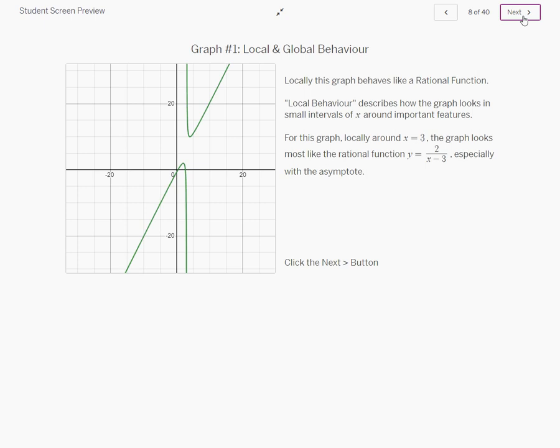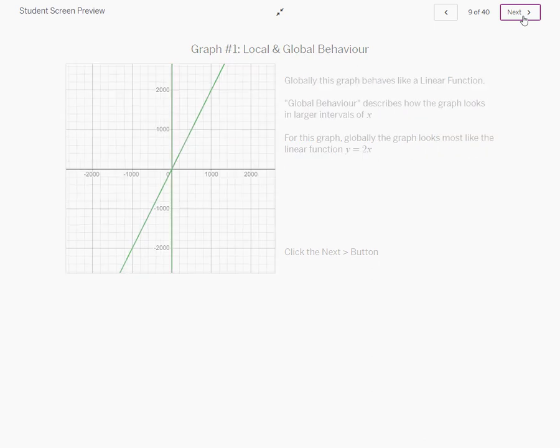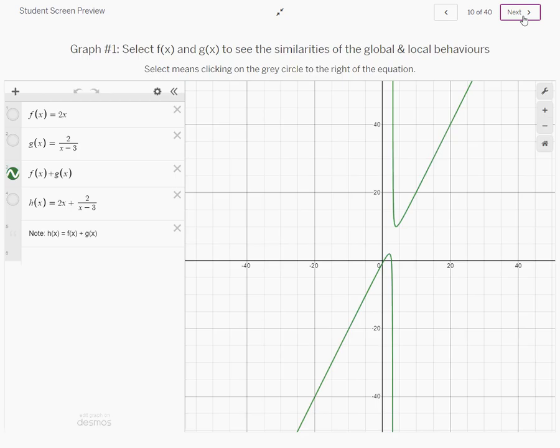So we can describe this as local behavior and global behavior. I think that was probably something you all discovered in the activity, that locally, if you look really close at some small x values, it looks one way, but if you step way far away from it and zoom out, like the first picture we showed you, globally it looks different. So this one has a global behavior of a line and locally